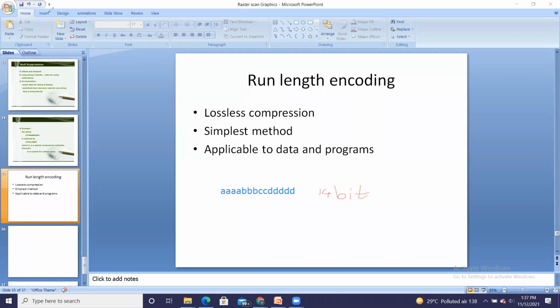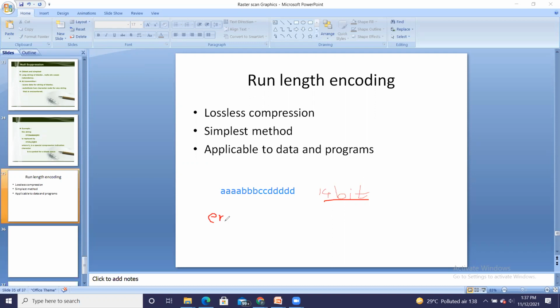So what is run length encoding? The name itself gives you the length, that is run length, which is of 14 bits, will be encoded. This length of 14 bits will be encoded, and after encoding I will get a compressed form of it.